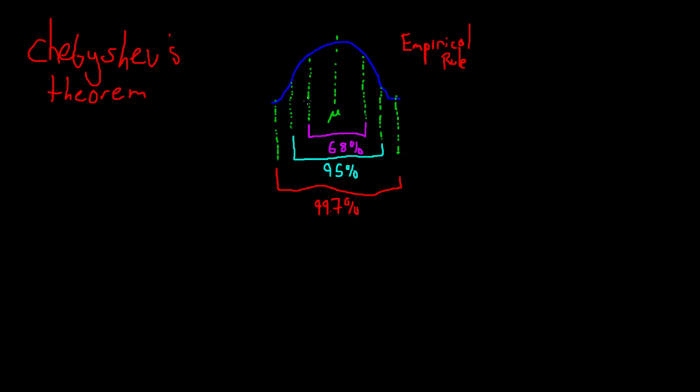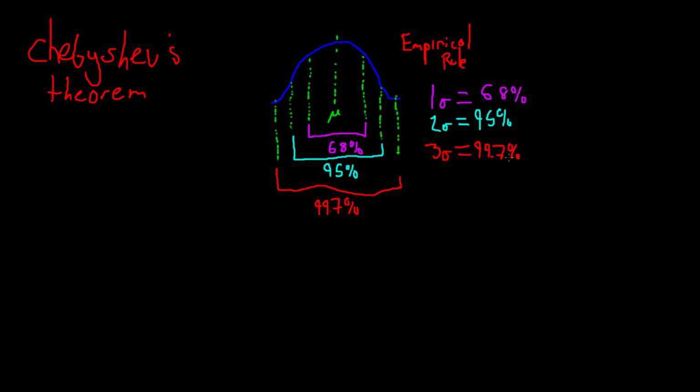That situation is when your data looks like this. So your data is perfectly normal. It is bell-shaped, looks like a bell. And what the empirical rule says is that, so if your data is shaped like this, then within one standard deviation, you are going to have 68% of your data. And then within two standard deviations, you are going to have 95% of your data. And then within three standard deviations, you are going to have